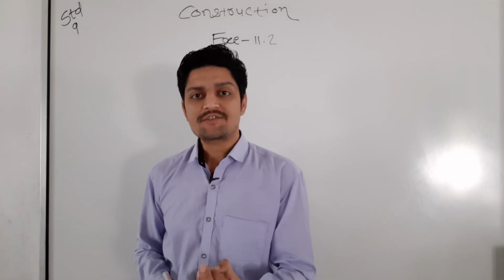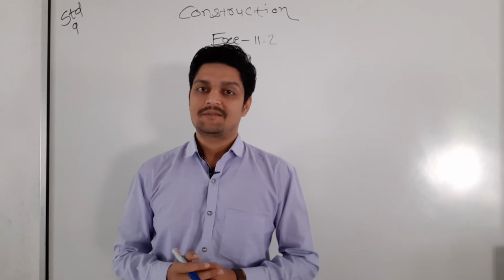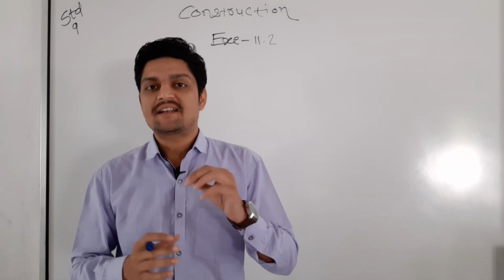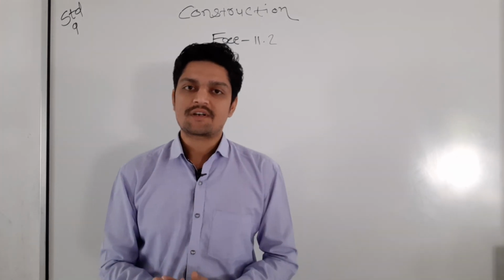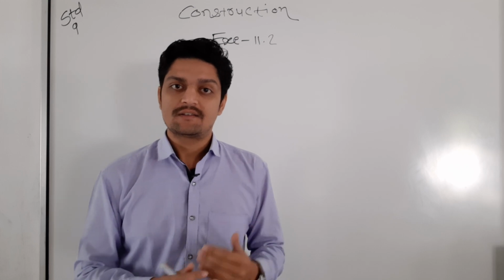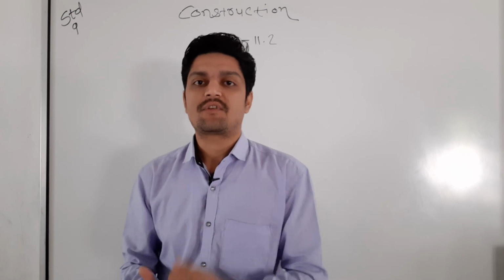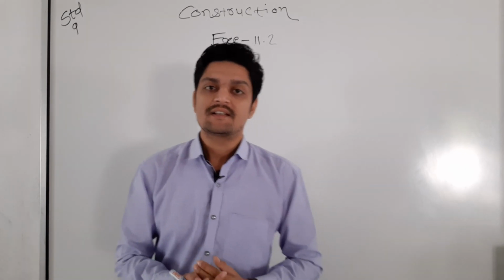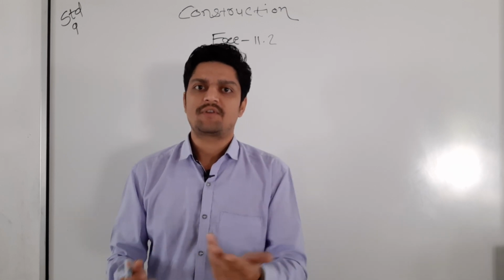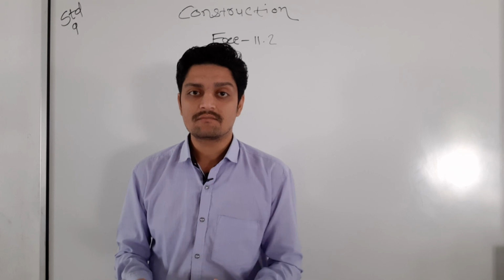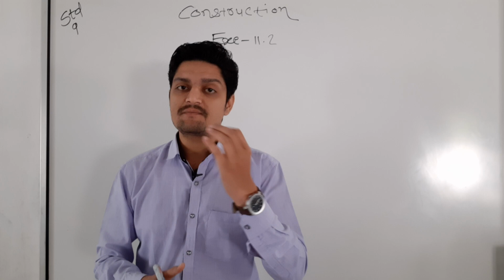Have you ever constructed a triangle where the base and base angle are given, and the sum of the remaining two sides should be particular? No. Have you ever constructed one where the base and base angle are given, but the difference between the two sides should be, for example, 4.5, as given in the question, without measuring, without using a scale, without using a protractor? No.